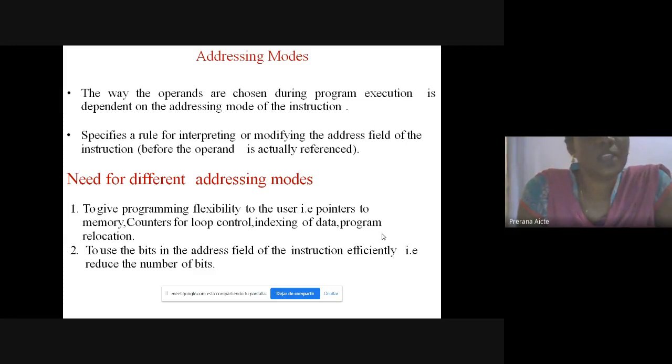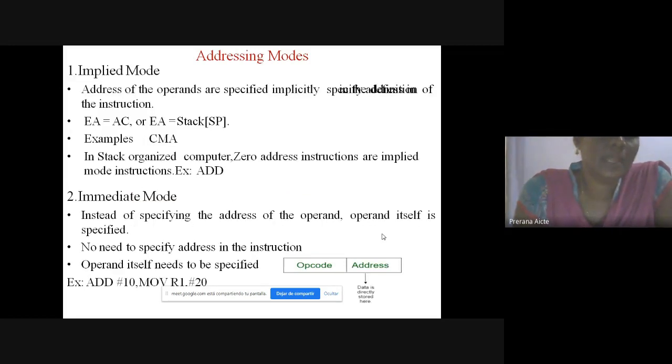It specifies a rule for interpreting or modifying the address field of the instruction. This is the definition of addressing mode. There are several addressing modes: implied, immediate, register, register indirect, direct, indirect, auto increment, auto decrement, relative, indexed, base register. These are the addressing modes.